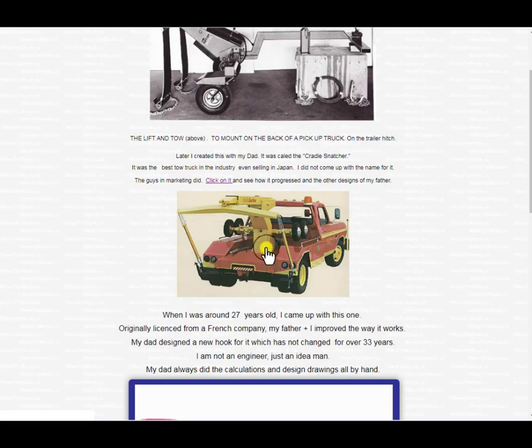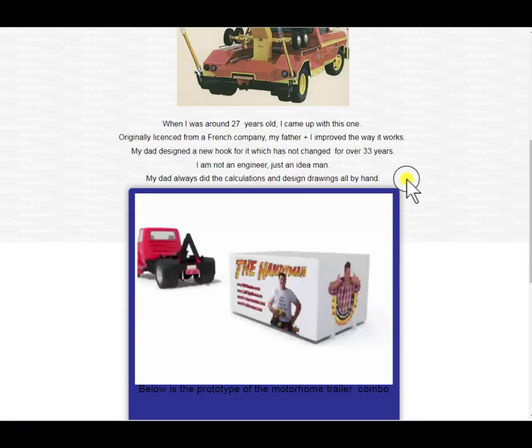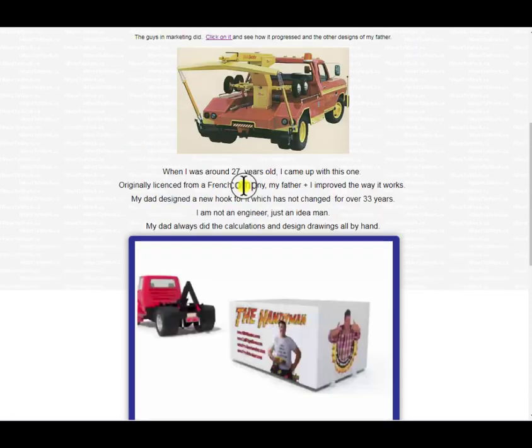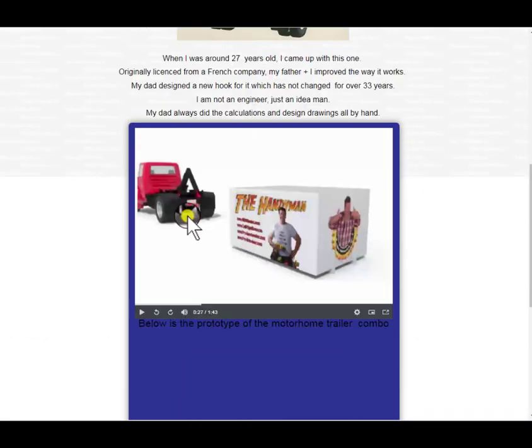And so we're not going to be using this picture. If we don't have a picture of the lift and go, this was my dad's other little project. This was before I created this. This came after this, when GM came to my father and said, we can't use this kind of sling anymore because they're going to make different bumpers for the cars. There's a story of it somewhere in the text. We can dig it out. Then when I was 27 years old, I came up with this one. Okay, but this is an improved version of it.